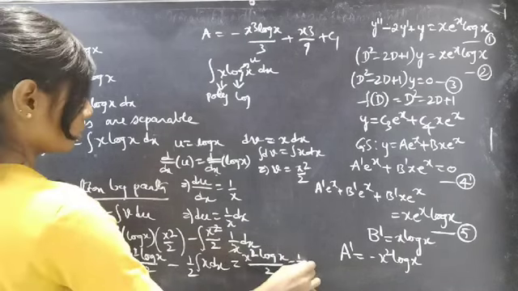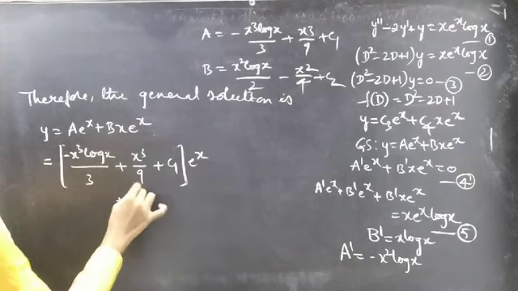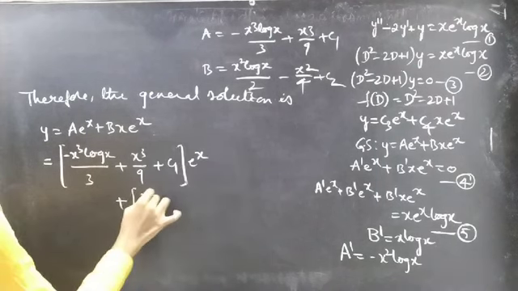Therefore, the general solution is given by y equal to a e power x plus b x e power x. This is equal to a, minus x cube log x by 3 plus x cube by 9 plus c1, into e power x, plus b, x square log x by 2 minus x square by 4 plus c2, into x e power x. This gives us minus x cube e power x log x by 3 plus x cube e power x by 9 plus c1 e power x